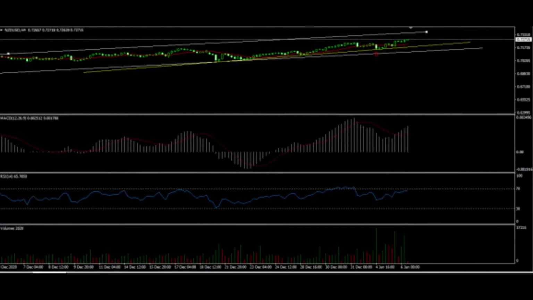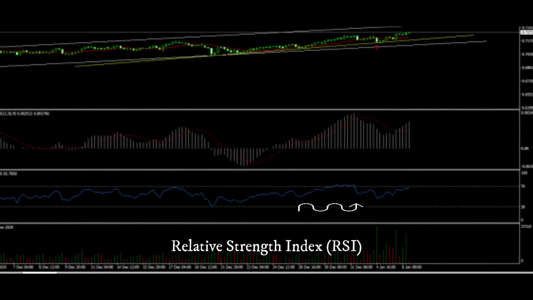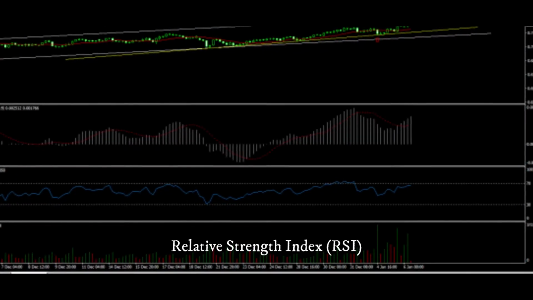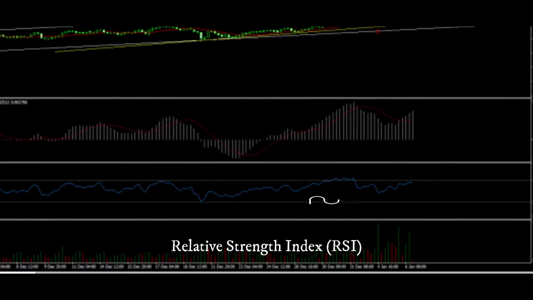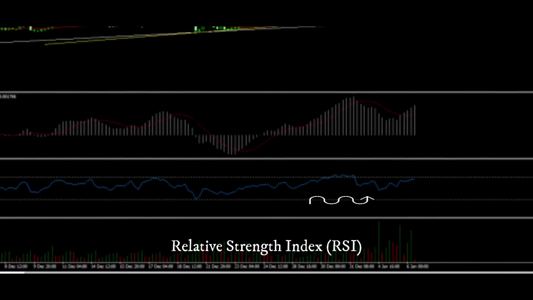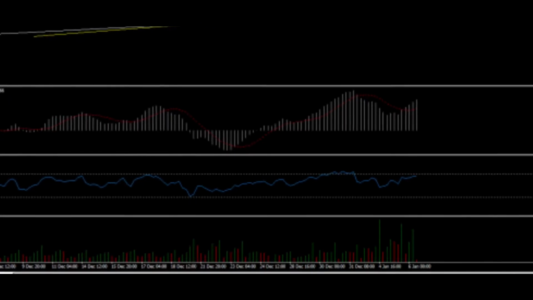Next is Relative Strength Index. During a downtrend, the RSI would peak near the 50% level rather than 70%, which could be used by traders to more reliably signal bearish conditions. Many traders will apply a horizontal trend line between the 30% and 70% levels when a strong trend is in place to better identify extremes.